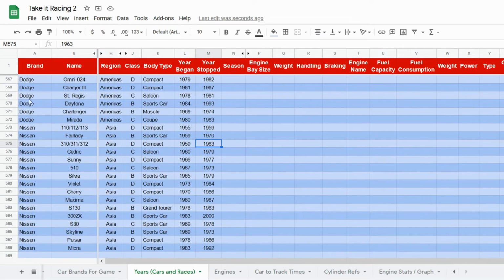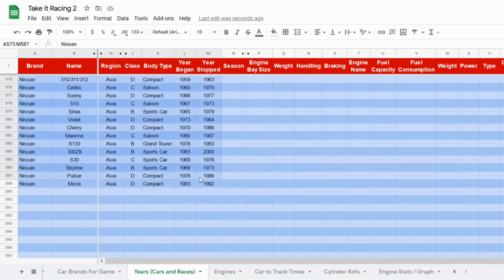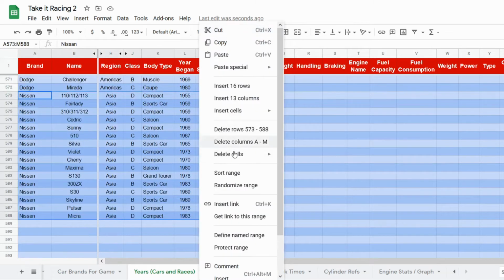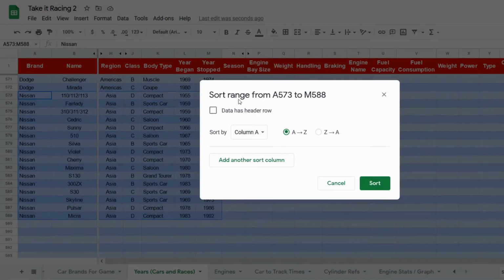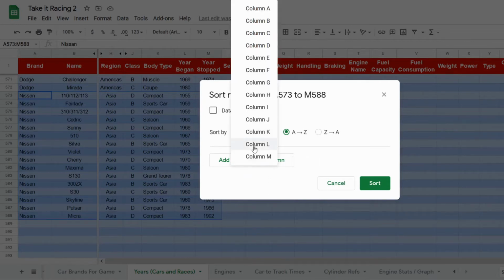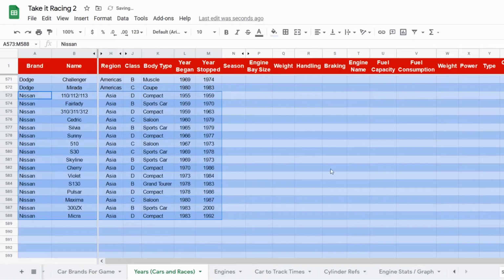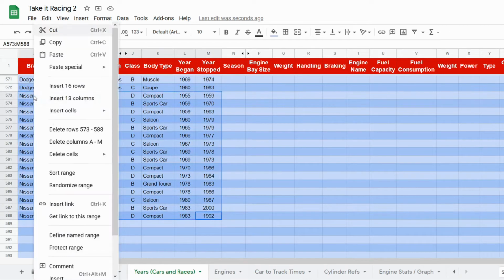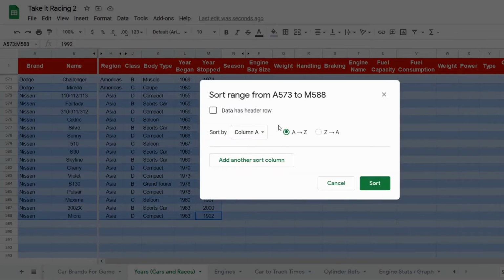So I can easily just select all these Nissans here, and I can right click and press sort range, and I can sort it by column M, I think, to do the year. Actually, yep, column M. Actually, it might be L as the year it began, and sort, and then now all of these are in time order, so I can see what I have here, and I can easily do the exact same and sort them by column J to get